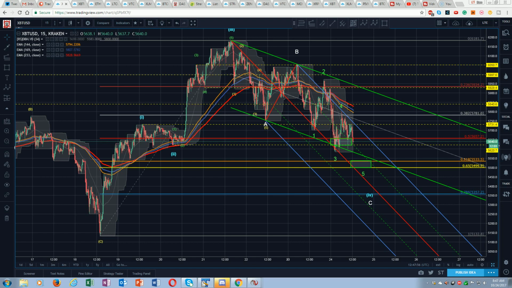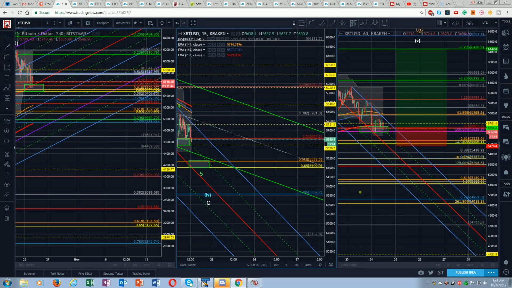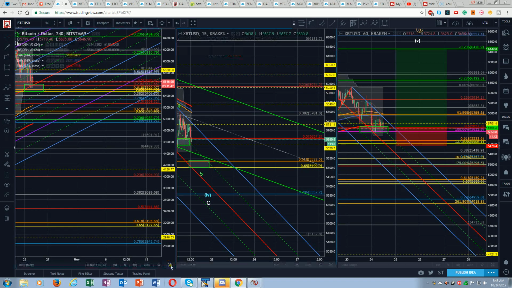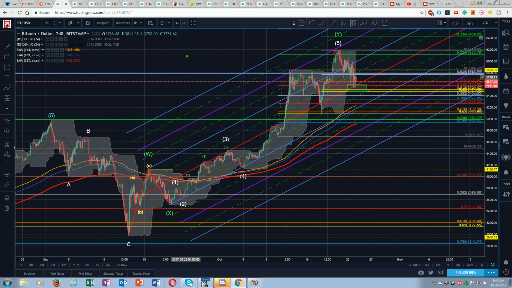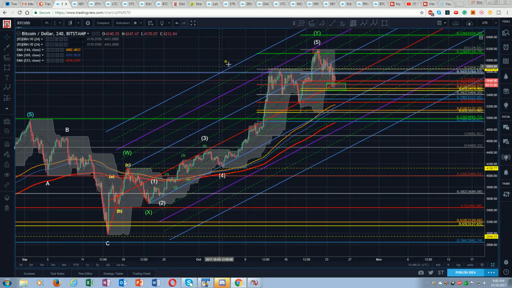Now, one thing I just want to make a point of mentioning is that when you're working off of a 15-minute chart, you really have to expect to be constantly monitoring and relabeling what you're seeing as the market unfolds. So this looks much more dramatic than it might be if you were over on, say, as we've been using as a reference chart. If we look over here to our 4-hour,